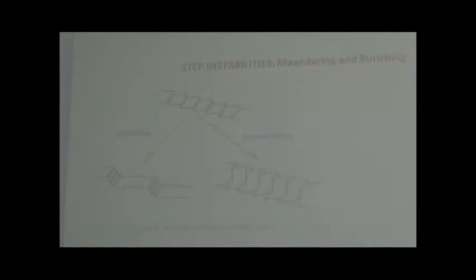Another instability is the meandering instability. This is when a step is unstable with respect to a shape perturbation, becoming some curve, okay? So this is the idealization, of course. In reality, what most often happens is that both instabilities coexist, all right? So the steps both bunch and meander. Now,